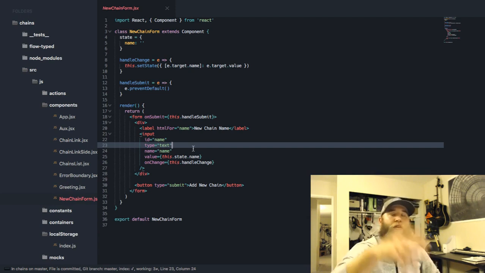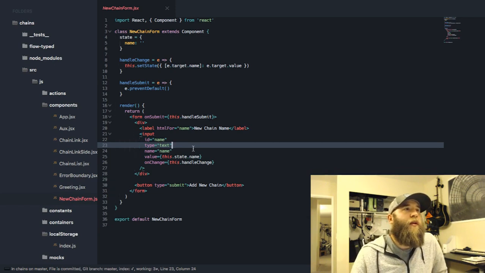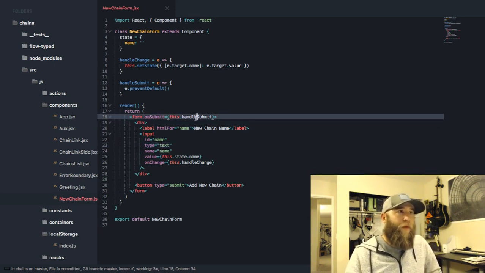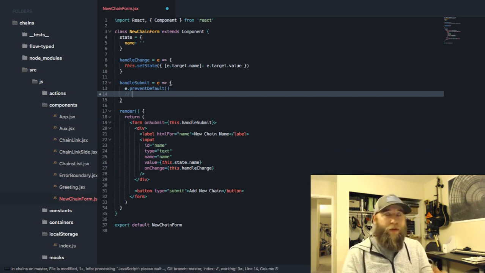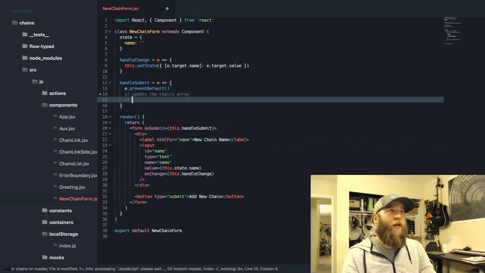But I was just starting with the new one. And this is going to be a really simple form. We have just a handle submit method that does nothing right now. What I want it to do is update the chains array, and I also want it to push that array to local storage, because that's where I'm currently storing